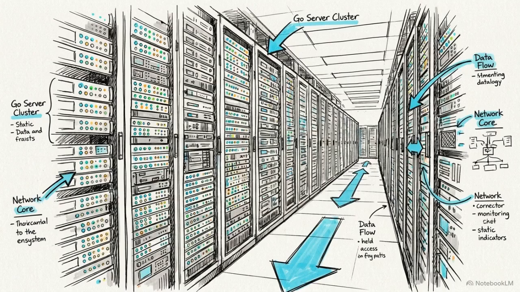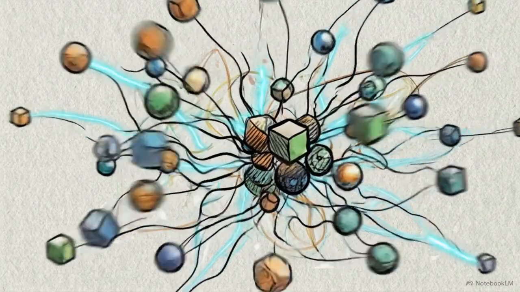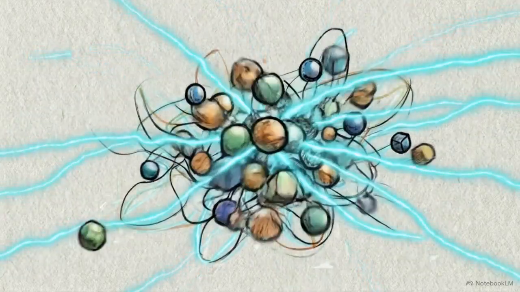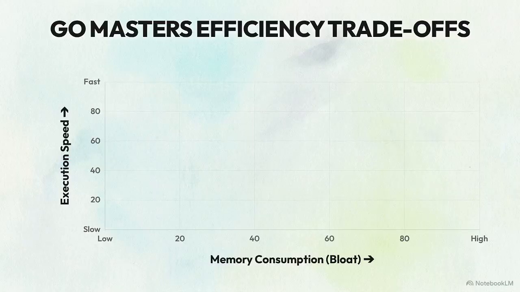Modern backend server infrastructure operates under severe constraints. These systems must handle millions of concurrent data packets, route information instantly, and do it all without crashing the physical hardware hosting them. This scatterplot graphs the performance landscape of major programming languages. The horizontal axis tracks how much memory a program consumes, while the vertical axis tracks how fast the code actually